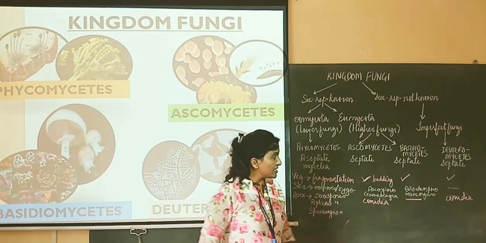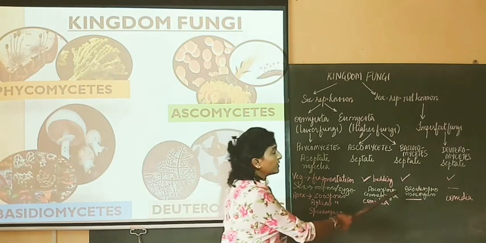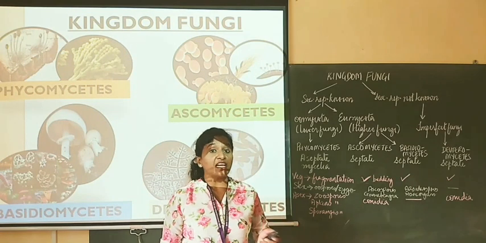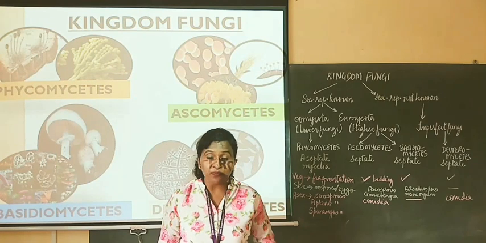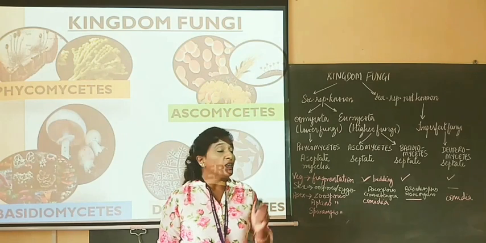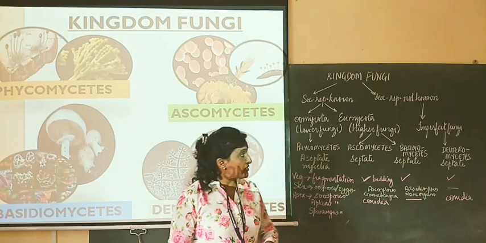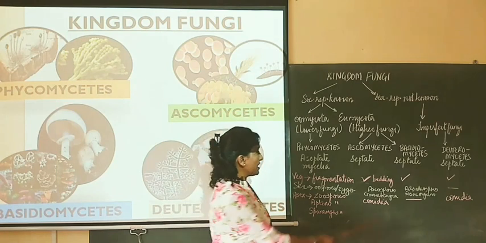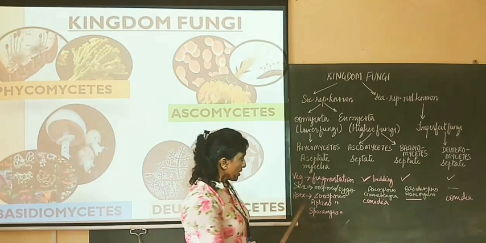In Basidiomycetes, there are no sex organs, antheridia or ascogonia, but there are basidiospores that are formed exogenously on the basidium, and these basidia are formed on the fruiting body called basidiocarp. Whereas in imperfect fungi or Deuteromycetes, there is no sexual reproduction that is known as yet.